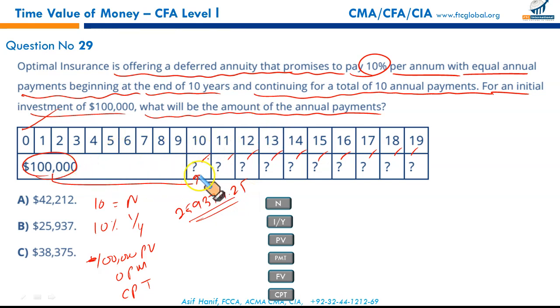We have invested it in an investment account that generates an interest rate of 10%. What will be the amount we will receive in each of these years? How many time periods are there? 1, 2, 3, 4, 5, 6, 7, 8, 9, 10. Now we have to identify, is it an annuity due or is it an ordinary annuity? Let me write down the relevant detail on this side of the TVM data.